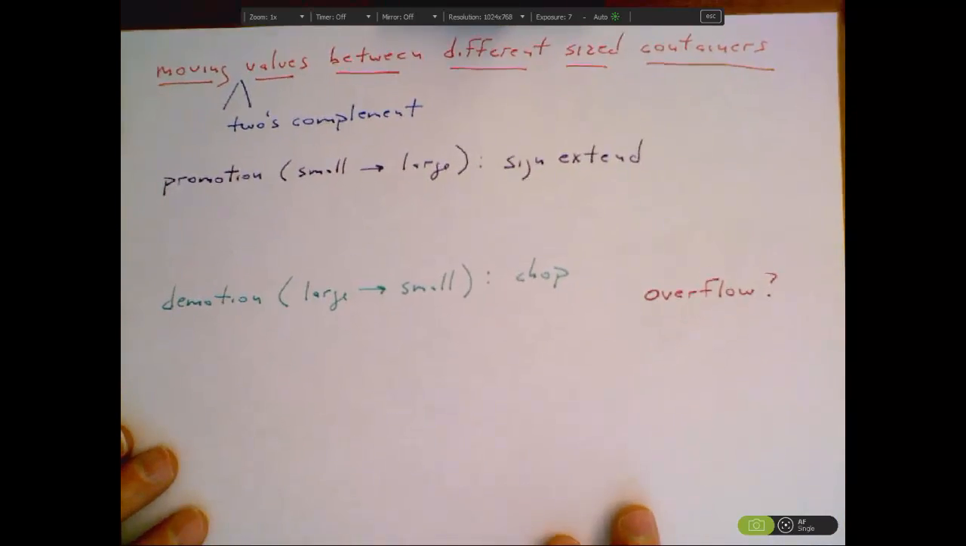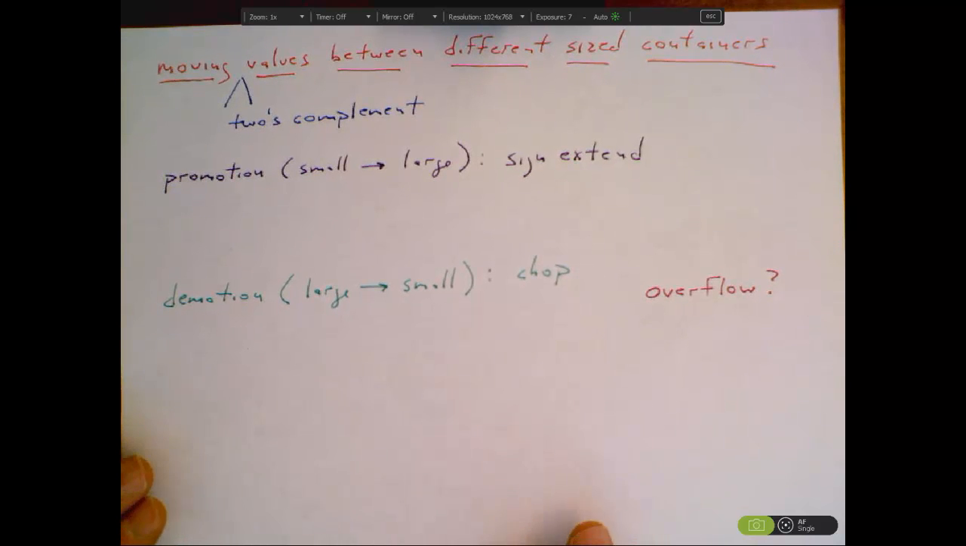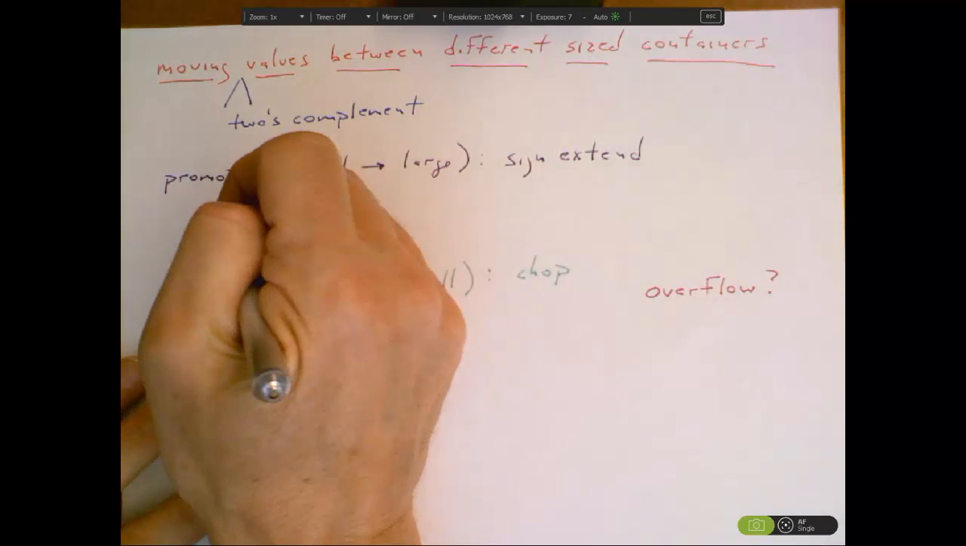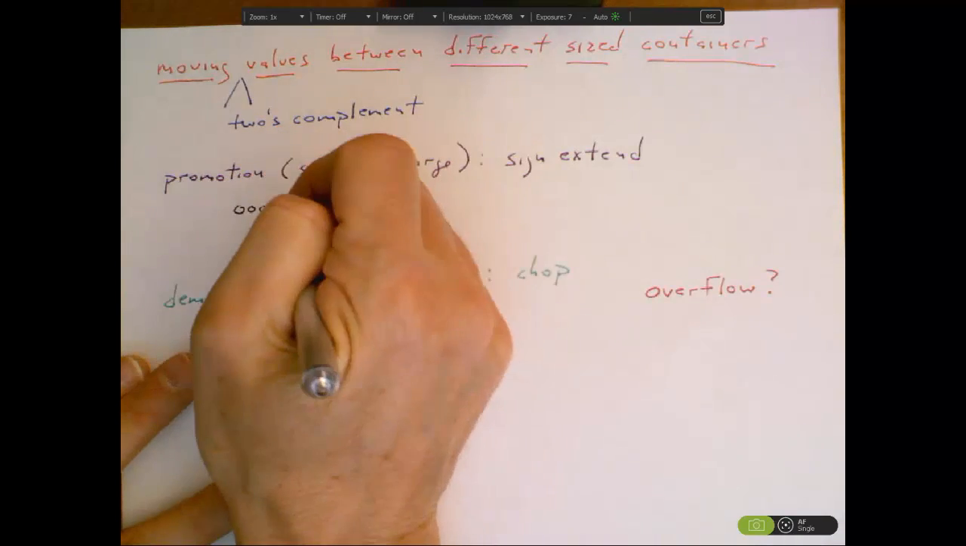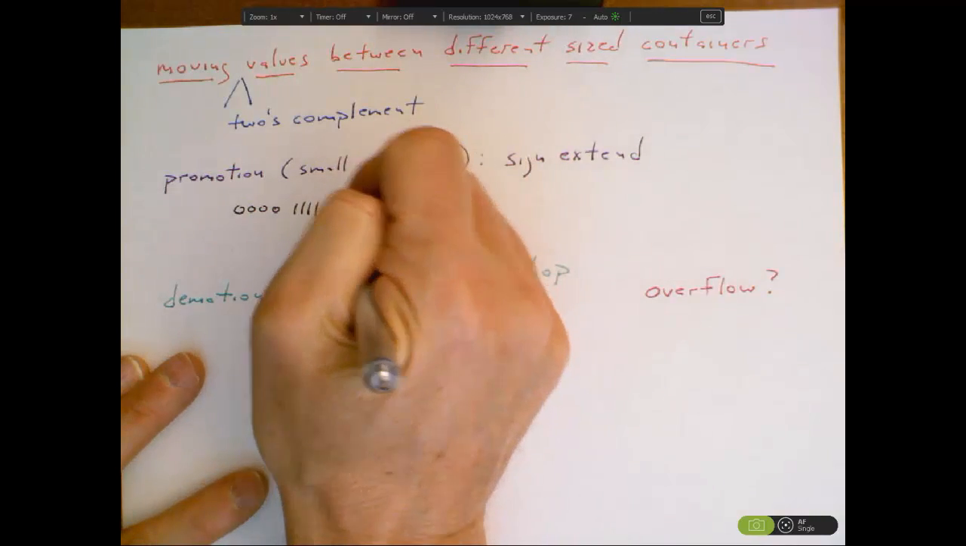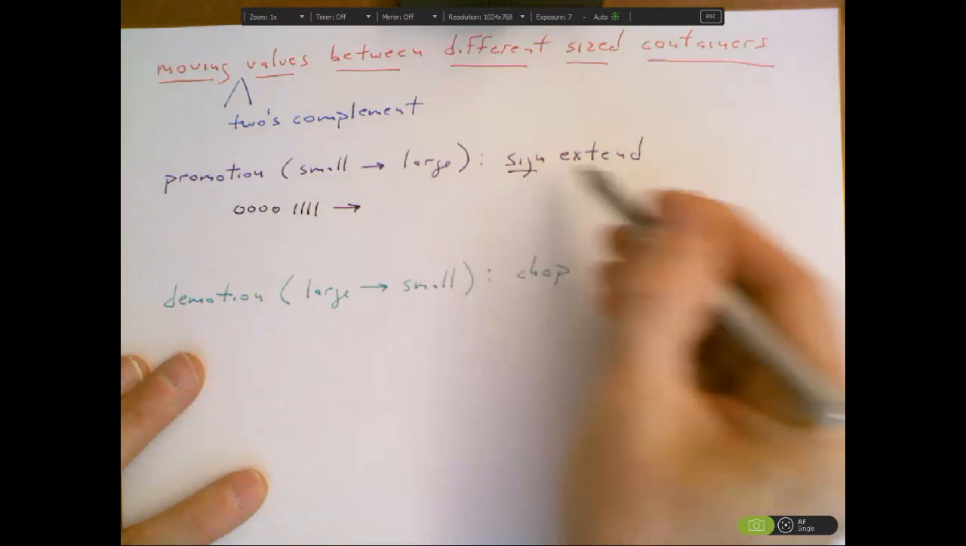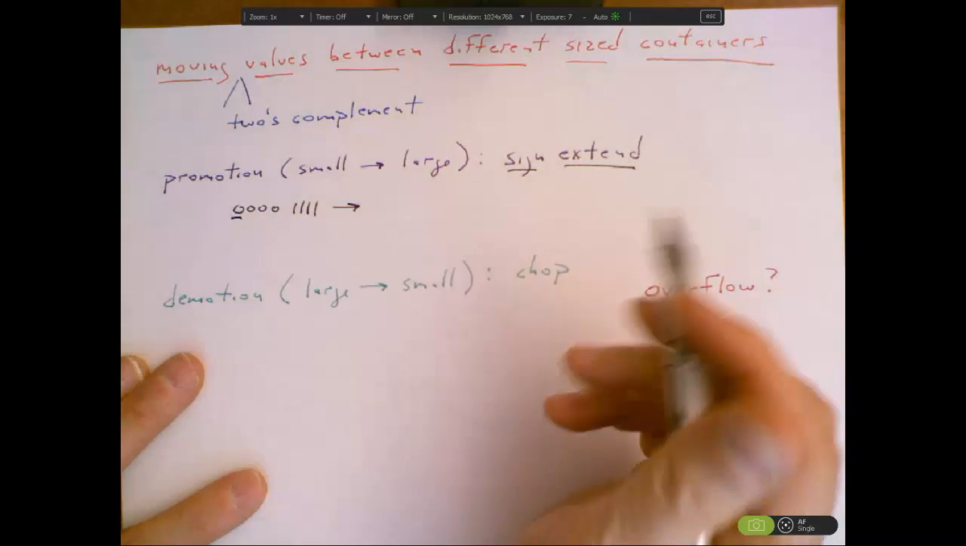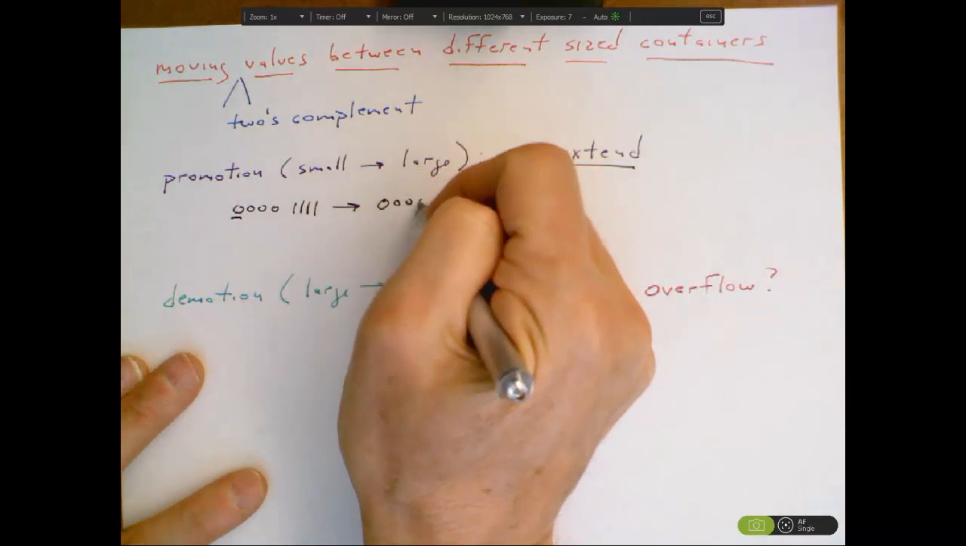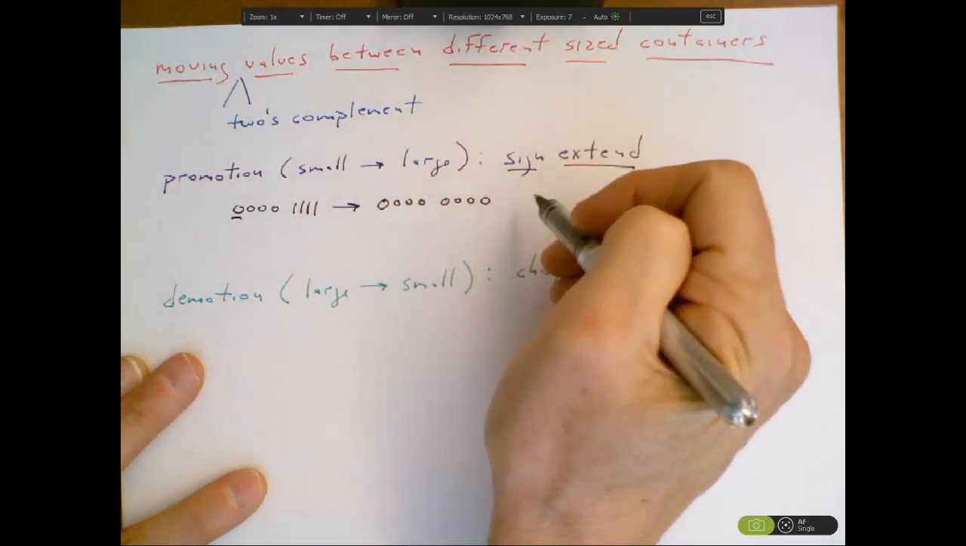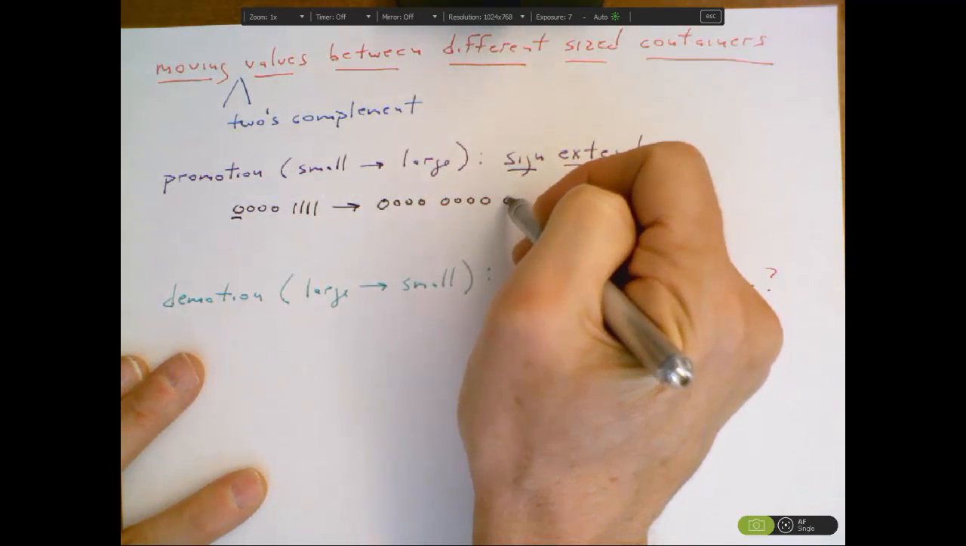All right, one other thing we should talk about right now is when we're moving values between different size containers. And again, we'll be focused on 2's complement from here on out. So what happens? How do we promote a value from a small container to a large container? So again, if I look at positive 15 and I promote that, the key is it's done via sign extension. Again, that's the sign bit. I'm just going to extend that sign bit across the top if I want to make a 16-bit value. Just going to replicate the sign bit,